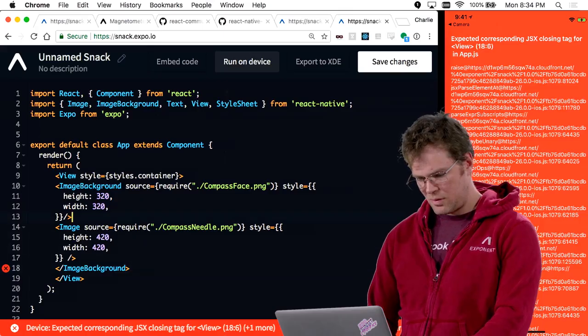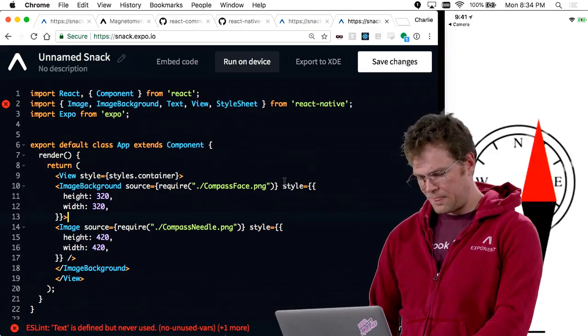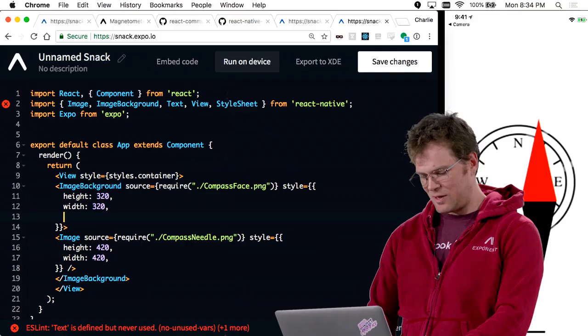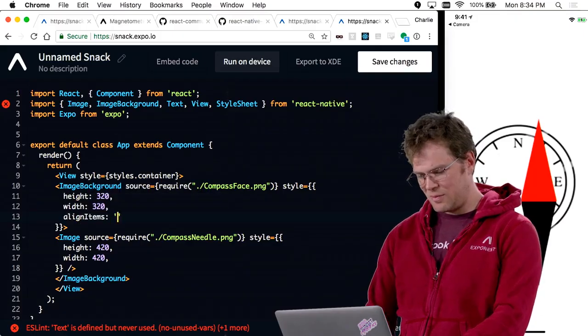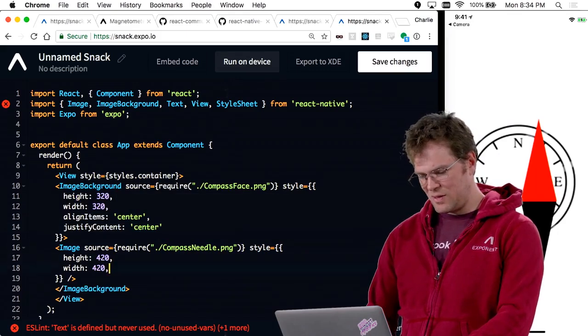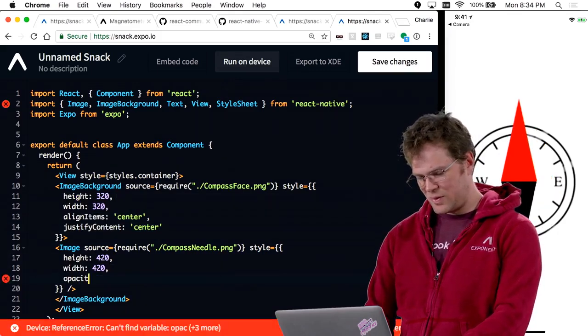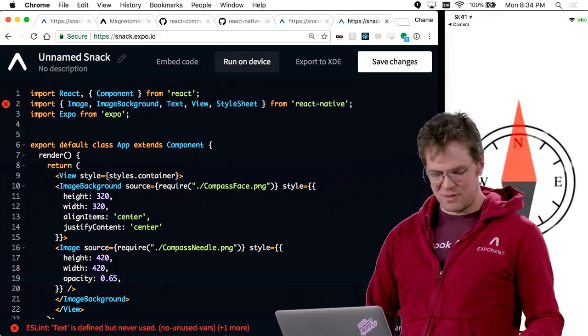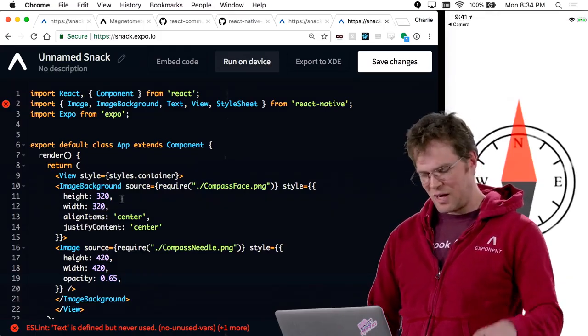Okay, so now this looks almost right, but the needle isn't really centered on the compass. So I'm going to say alignItems center, justifyContent center. I'm going to make this needle a little bit transparent. I'm going to say opacity 0.65. Bam. Now we have a compass that's looking pretty good,